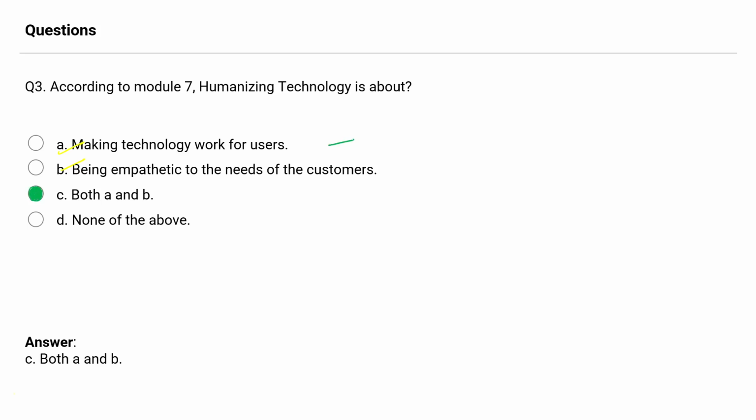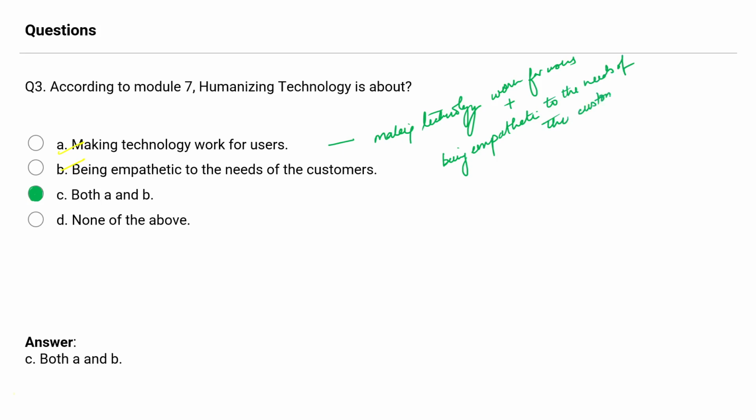Making technology work for users and being empathetic to the needs of the customer. Okay,